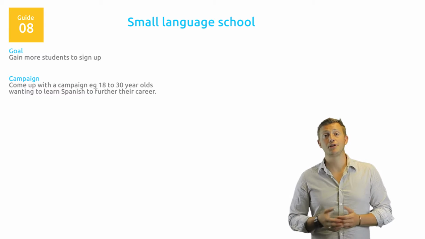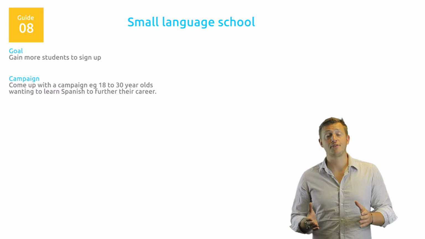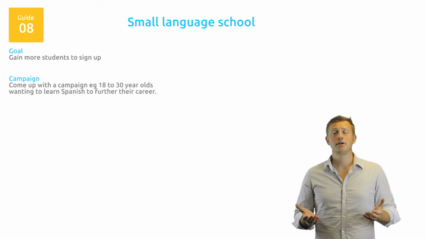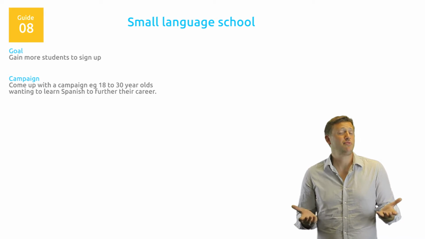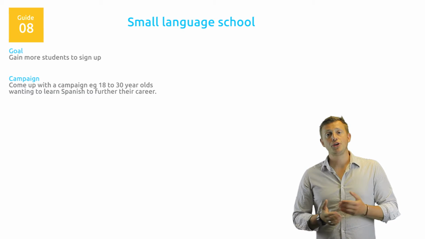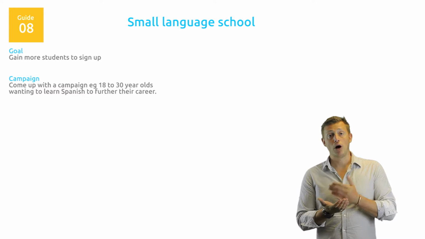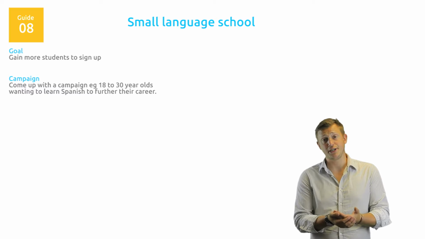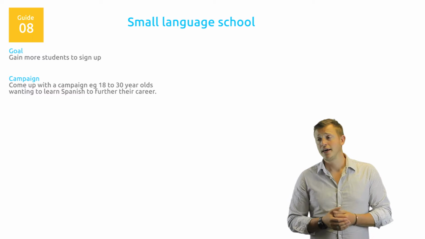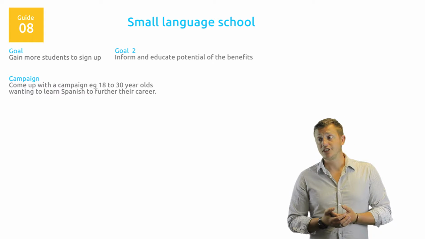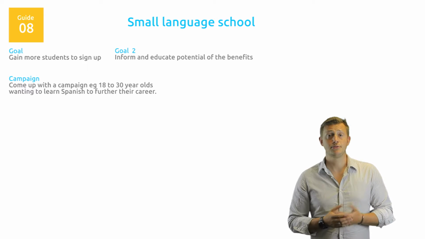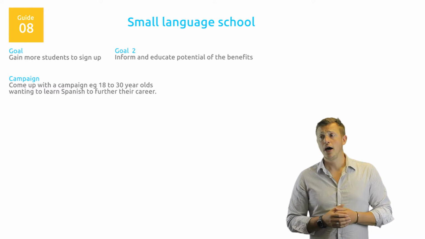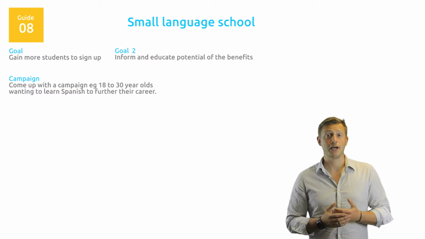So first thing that comes to mind is Facebook. Let's just say you've got no one on your books so far, you're looking to promote a course in say 6 weeks to 2 months, maybe 3-4 months, I don't know. But what you need to think about doing is, 1, what is the goal? So the goal is to increase sign-ups, interest in a particular course, so let's just go with Spanish. Goal number 2 is to inform potential students of the benefits of being able to speak another